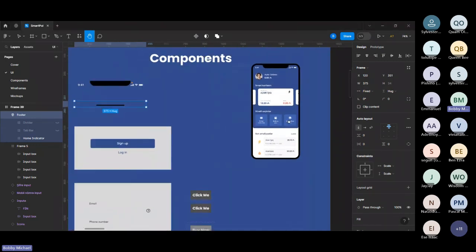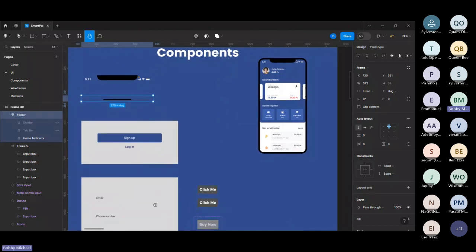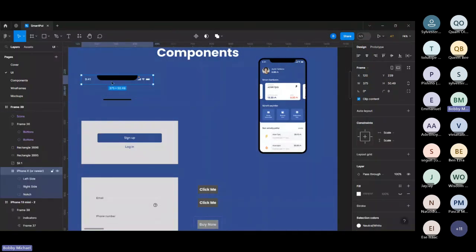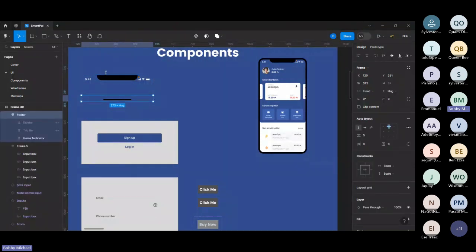Firstly, these components can be accessed through the iOS 17 Figma design guides. Apple actually did a design guide that designers can use to create designs. So this can be gotten from there, and I think I'll be sharing the link with us. But I'm going to show us how we can quickly create